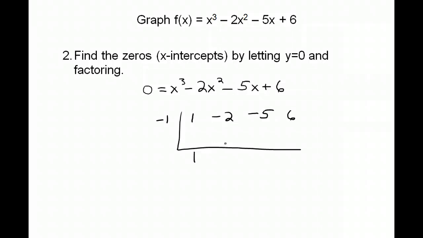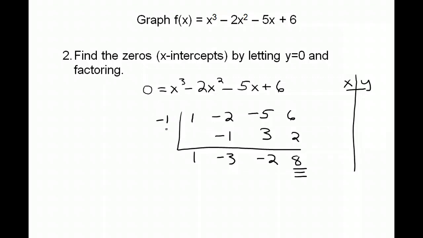I bring my 1 down, I multiply, I get -1. Add, get -3. Multiply, get 3. Add and get -2. Multiply and get 2. Add and get 8. Okay, obviously this is not 0, but it does give us some helpful information, because in my XY table,